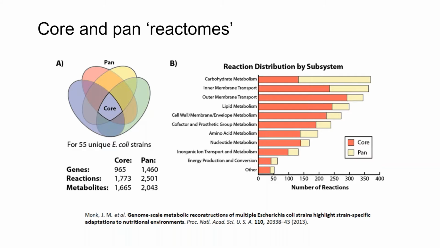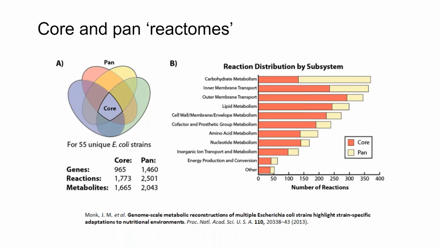And so amongst the 55 different strains of E. coli, the core number of metabolic genes was 965, while the pan number of metabolic genes was 1,460. And you can see how that was stratified based on different reaction subsystems. So in the red, the core metabolism was really conserved in some specific areas of metabolism, like energy production and conversion, nucleotide metabolism, etc. However, carbohydrate metabolism was far less conserved, and there are a lot of different genes that fell into this kind of